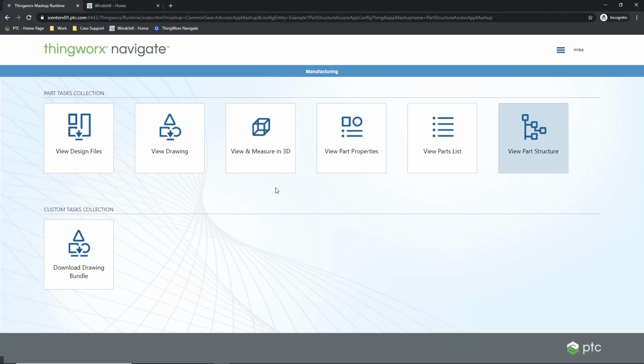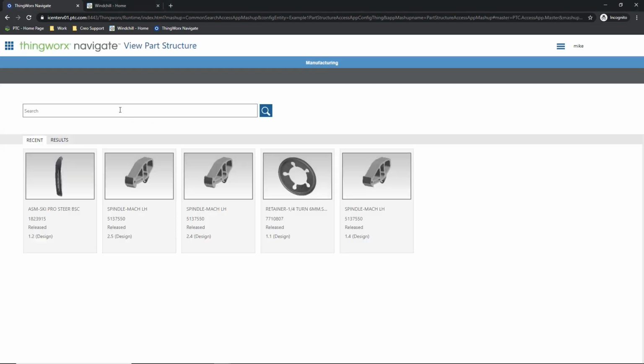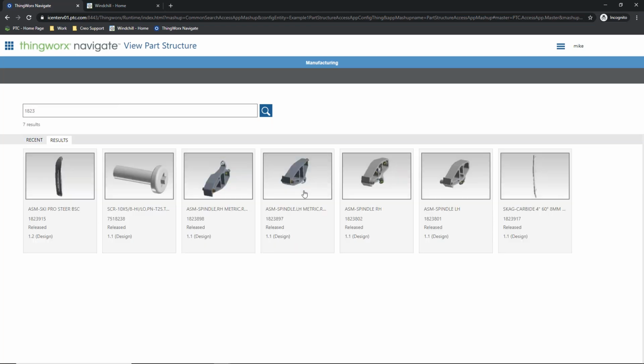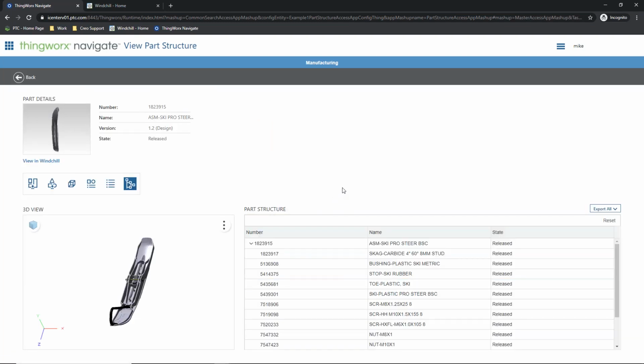View Part Structure. So if I'm Mike and I need to search up any sort of product or part that I have, I can simply type it in. It's going to generate some options based on what I've inputted. I'm going to select the part I want. So right off the bat, we can see we have the visualization. This is giving us access to